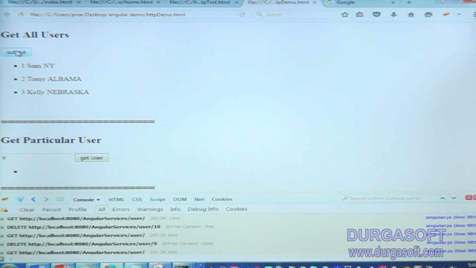As an end user, I came and I want to see the list of users available in the application. I cannot directly call the web service and check it. So as an end user, I will use your application to check the list of users. What will your application do? It will communicate with the REST service application, fetch the data and display it. So that is what it is doing.